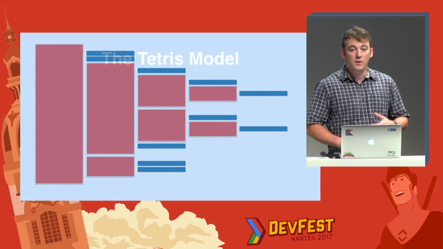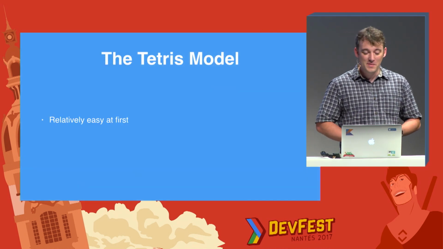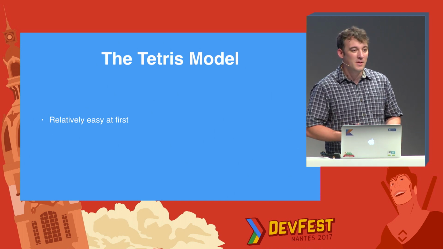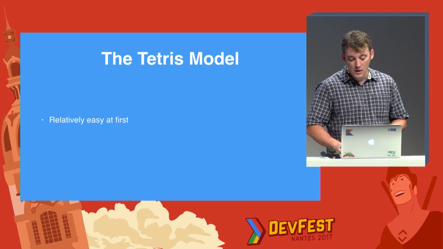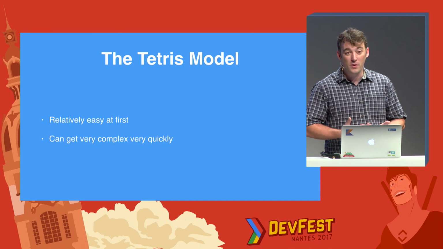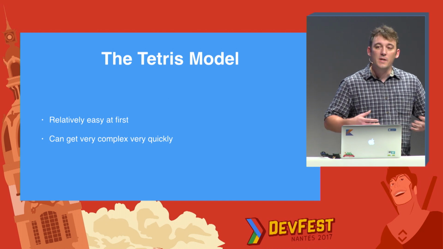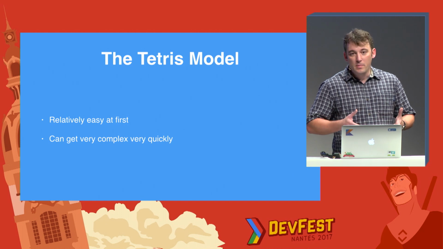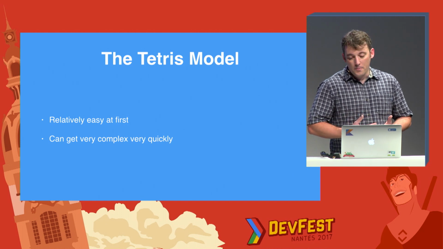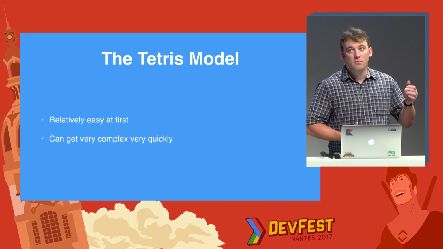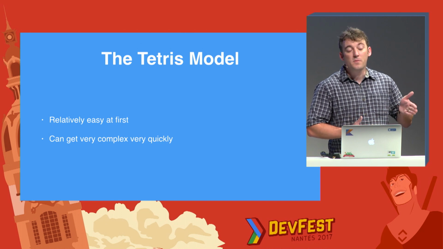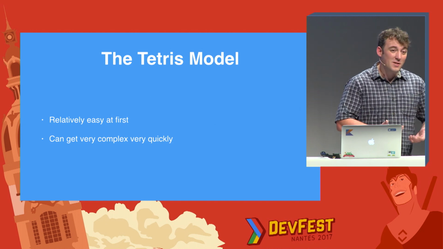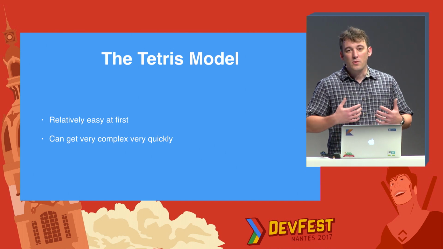And well, I call that the Tetris model, which is basically something that's relatively easy at first. Everyone understands linear layout. How hard can it be? I take one element, put it after the other. But it can get very complex very quickly. Specifically, you tend to nest a lot of those layouts, and you end up with something that's deeply nested, deep hierarchies. One of the issues is that your layout becomes pretty static, not in terms of how it reacts to the screen, but in terms of if you want to do changes to that layout, it becomes increasingly hard.